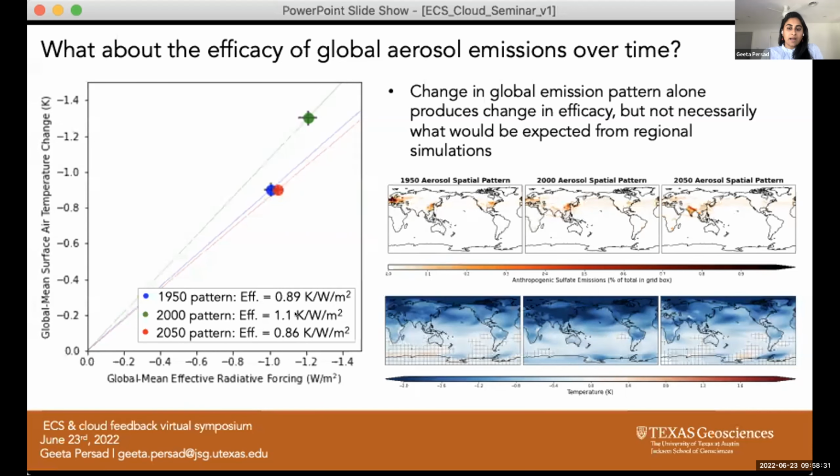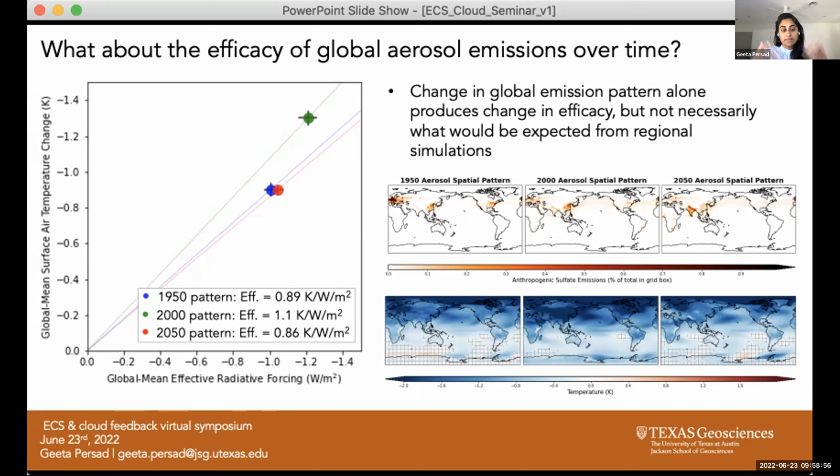The efficacy is higher for the year 2000 pattern than for the 1950 or 2050 pattern, which are statistically indistinguishable. And that's perhaps not what we would have expected based on the region by region experiments, right? We expected that the past emitters would have a higher efficacy than potentially the present day distribution. And this points to potentially nonlinearities when you have multiple regions emitting and forcing in tandem, and really highlights the